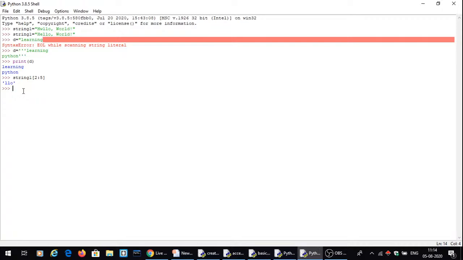Negative indexing. I would like to talk about negative indexing. What is negative indexing? This is slicing. I would like to talk about negative indexing right now. What is negative indexing? Let's take the same example. We can print